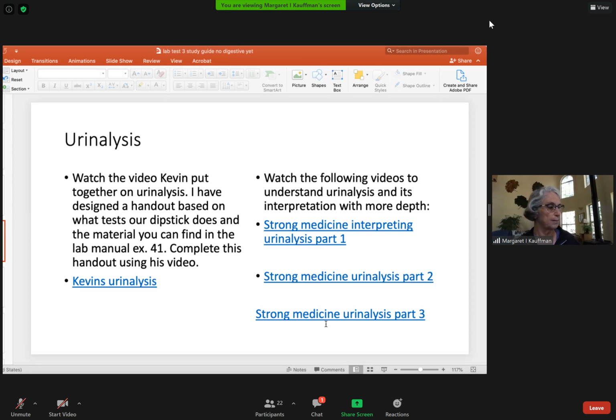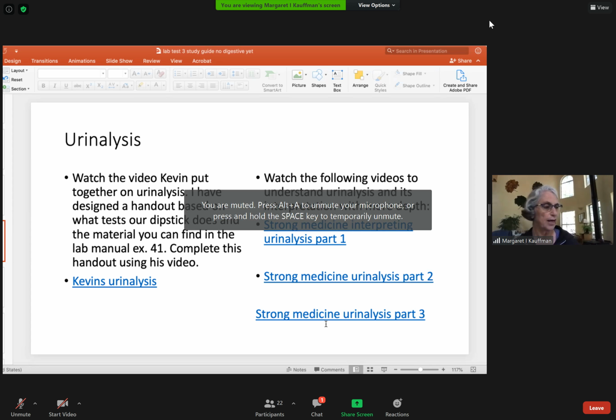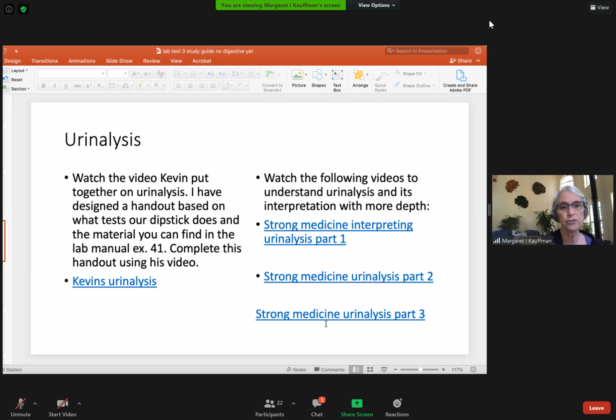Okay, so that is the handout, and what I'm trying to do with it is have you thoroughly read the lab manual exercise and thoroughly look at what's going on here, since he does things like specific gravity, which we'll talk about in a second. Here he does the dipstick test that Kevin does here, and then he does the casts